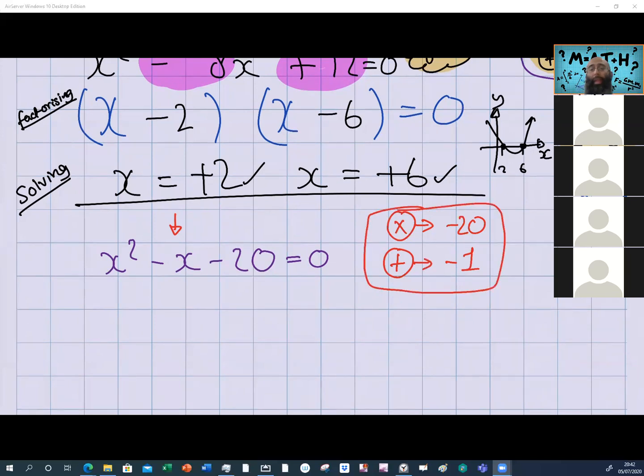In this little box here, we have the key to the question. We're looking for 2 numbers that multiply to give you minus 20, and add to give you minus 1. So we have minus 20. Give me the factors of minus 20. This is where you've got to use your negative numbers. I told you at the beginning of the course, you must master negative numbers. Minus 1 and plus 20, or plus 1 and minus 20,